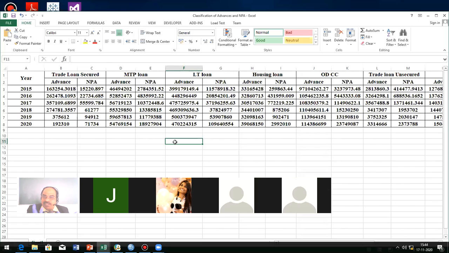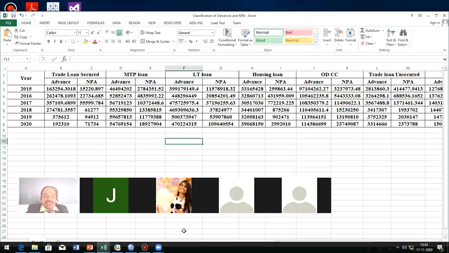So here you can see Jisman's data. He gathered the data from different sources. Where did you gather it, Jisman, tell me? Sir, I have collected the data from the bank. Instead of that, your source should be the Reserve Bank of India. You have to gather from RBI. Anyhow, it may be the same.